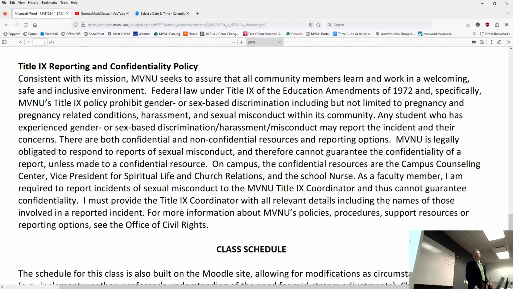The only reason I mention that is that if you tell me, then I'm legally required to go and seek help from someone, and that may be what you want if there's an issue on campus, or even off campus. If you want to go to someone to talk to about a sexual misconduct issue who is not legally required to report it, then you need to go to